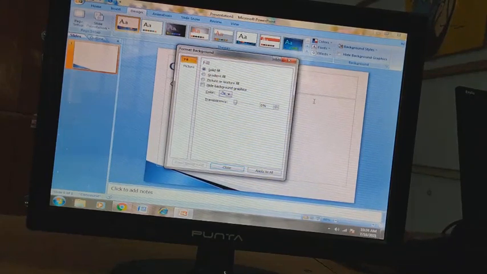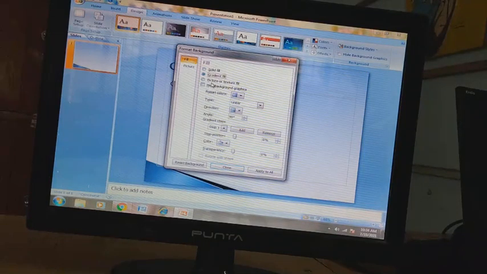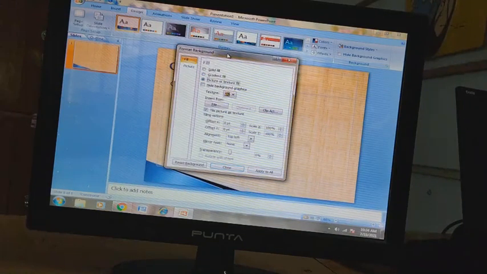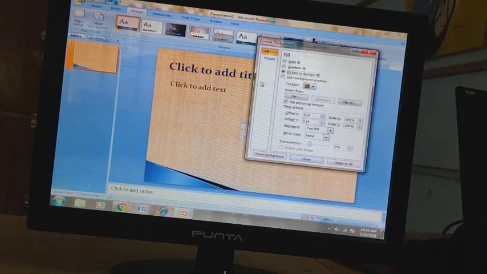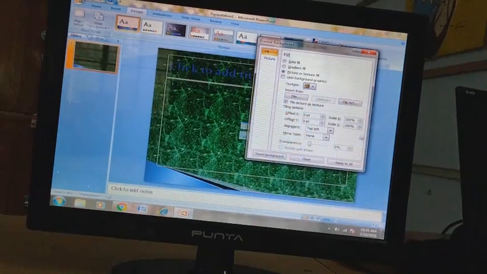I already told you we have two different ways, but this one is there in your book. From the format background you can select any of the gradient fill, the picture or the texture. Mostly we use picture and texture in making the PPT very attractive. You will get a texture option here. You can select the texture option. You will get the gallery of different textures. You can select any of them and then you can close.